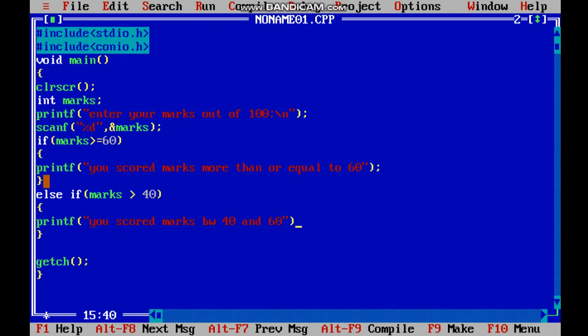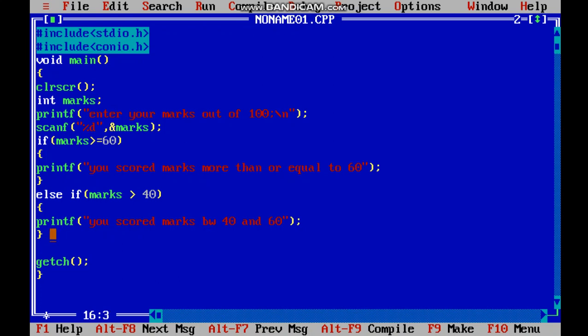See guys, what I wrote, you scored marks between 40 and 60. That means you did not score 40, neither did you score 60, because 60 is covered in the first condition and 40 is not covered. If marks is greater than 40, that means 41 will be the first number, not 40. You can write anything here. You can even write shortcuts.